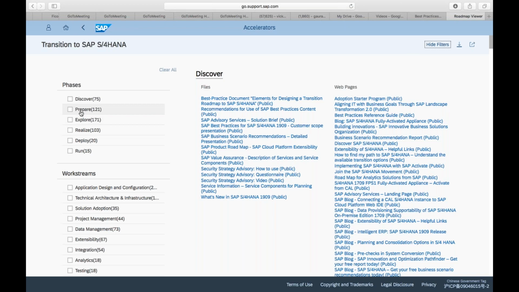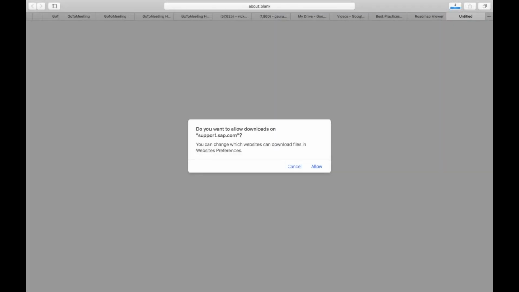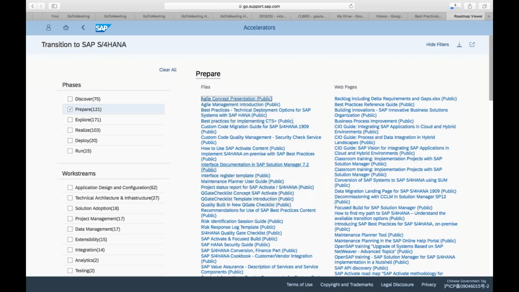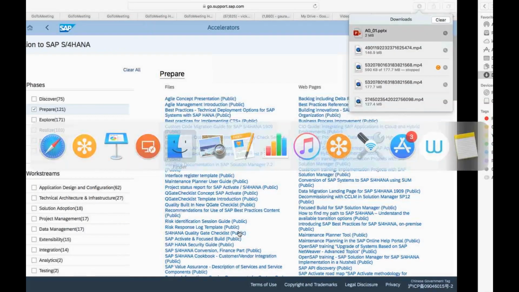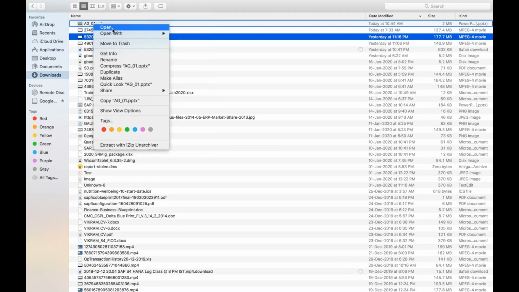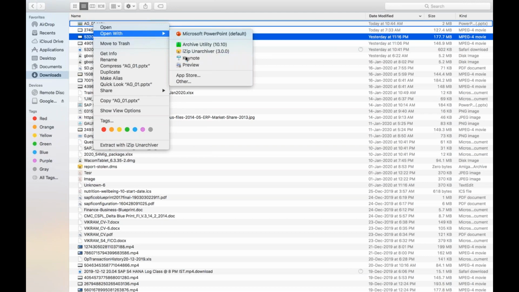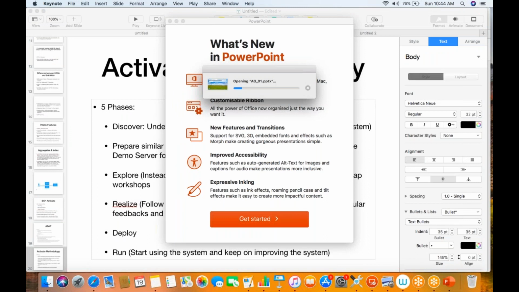Okay, just for example, if I go for prepare phase and if I want to do the agile concept presentation to the customer or to the team, how exactly is agile working, what are the different things in agile, you can see it will open the PPT for you. Let me open this in, just give me a minute. Open with Keynote. Okay, so these are the kind of